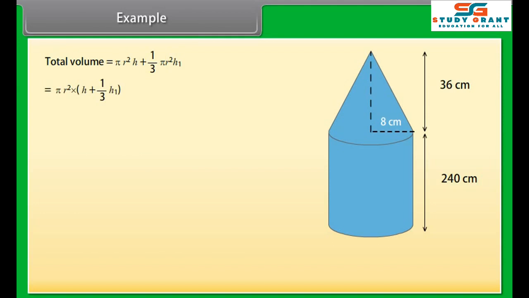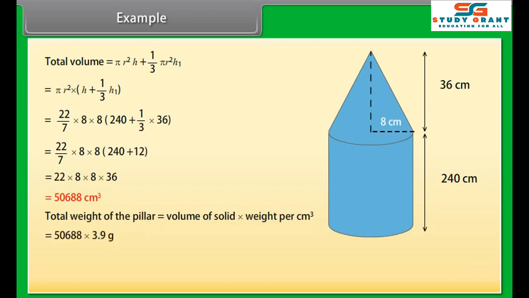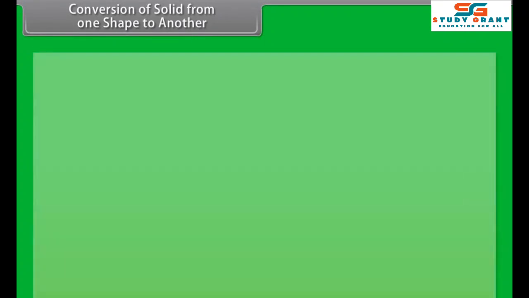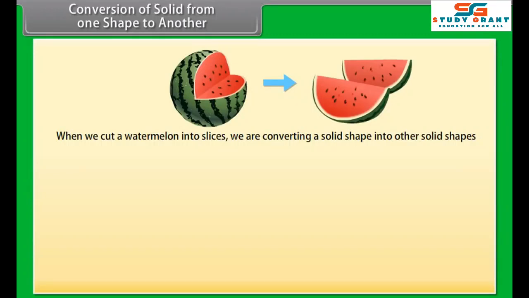Solution. Let R be the radius of the cylinder and the cone, H the height of the cylinder, and H1 the height of the cone. We know that the total volume of the pillar is equal to the volume of the cylinder plus the volume of the cone. Therefore, total volume is equal to pi r square H plus 1 by 3 pi r square H1. This is equal to pi r square into (H plus 1 by 3 H1). Solving this, we get total volume is equal to